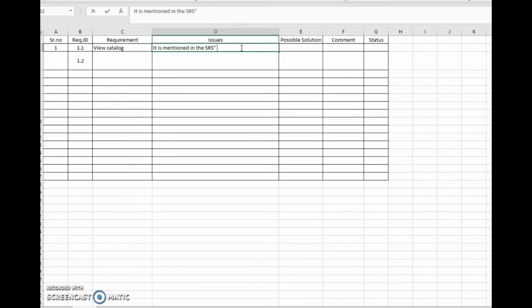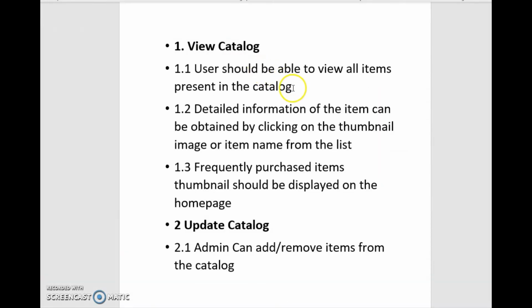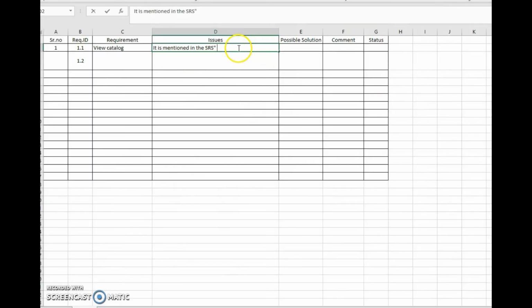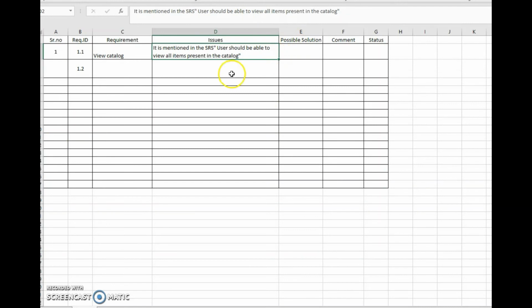So in this case we need to mention what is in the SRS, so you can just simply copy paste it from the document itself. Make sure it's in double quotes. You can obviously format it depending upon your needs. Right, so it is mentioned in the SRS that the user should be able to view all items present in the catalog, but the issue is,